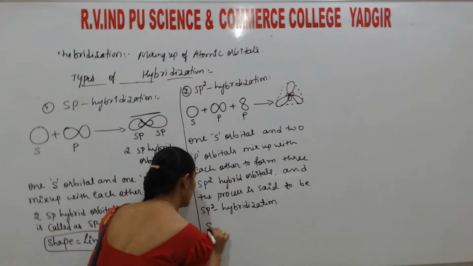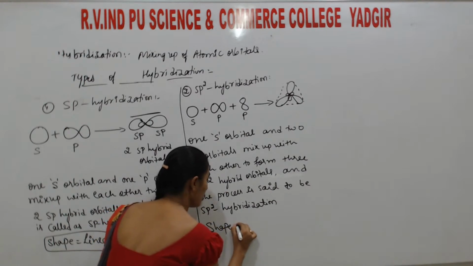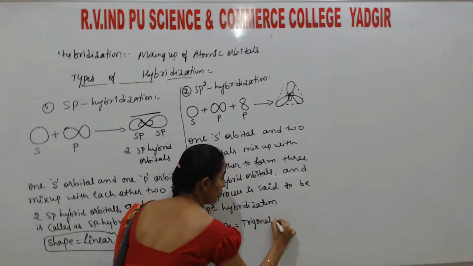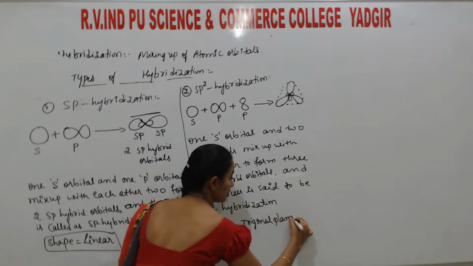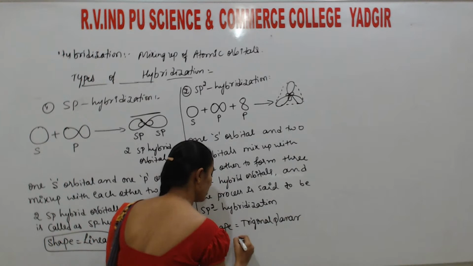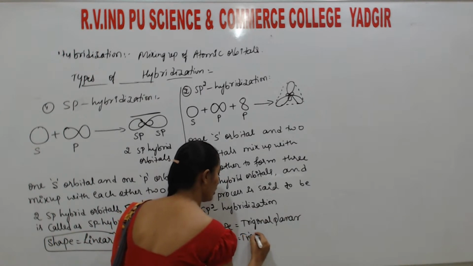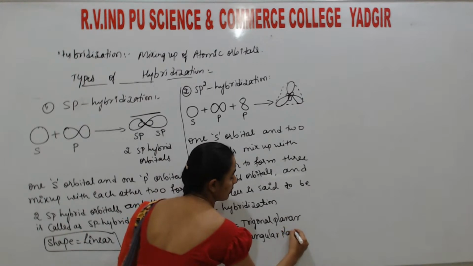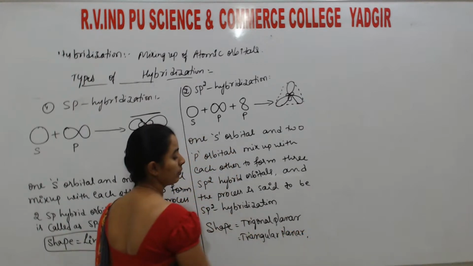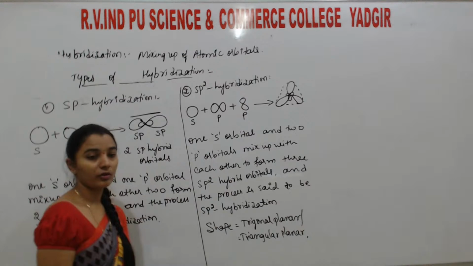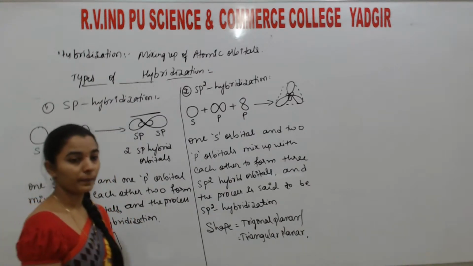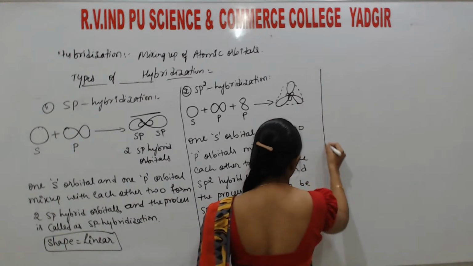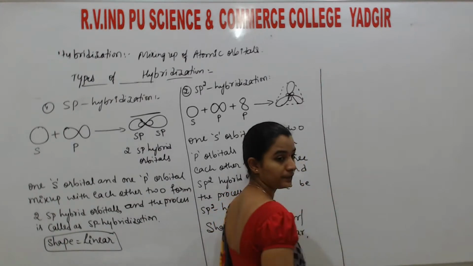So students, here the shape is no doubt trigonal planar, or you may also write triangular planar. Both are same. Trigonal planar or triangular planar. This is what an sp2 hybrid orbital. So the next one is